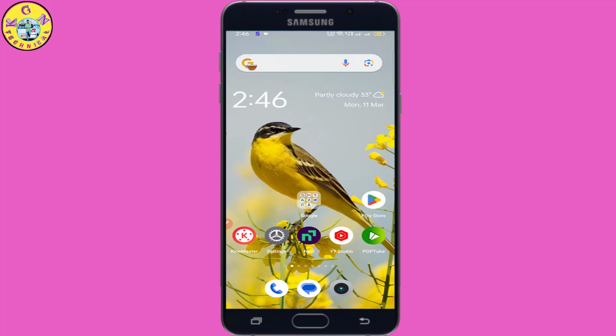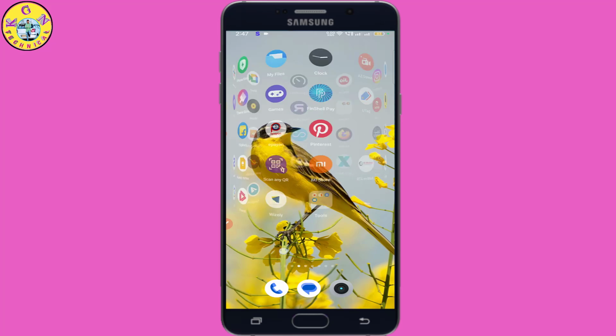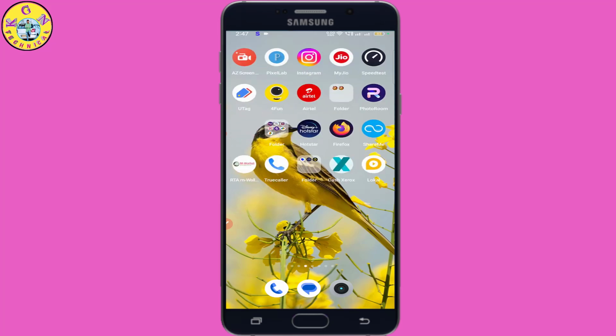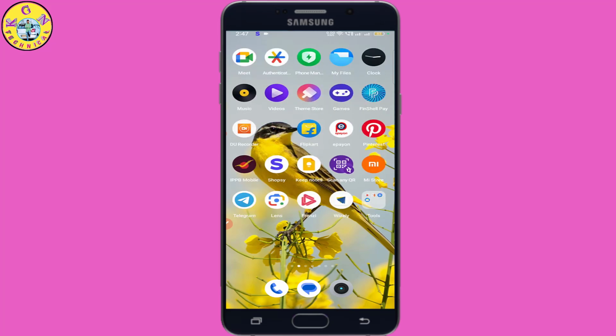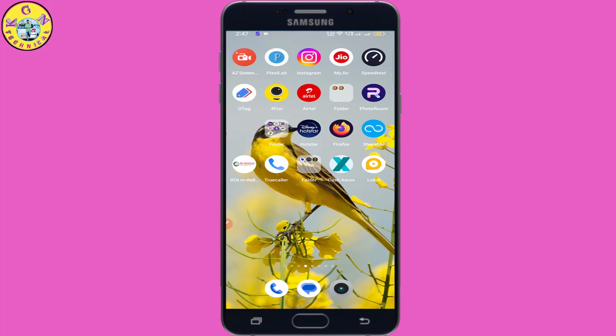Friends, let's talk about the applications we need. I will show you how to hide all of them with just a single click. Like this, many people use some personal applications and they find it very difficult when they want to hide them. Instead of that, there are some features built into our mobile itself. By using them, we can hide all the applications we need directly on our mobile, right inside the dialer pad